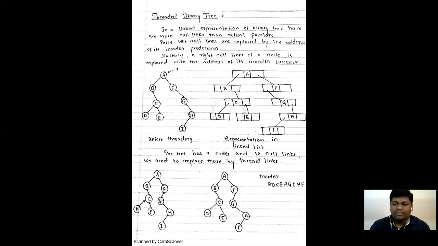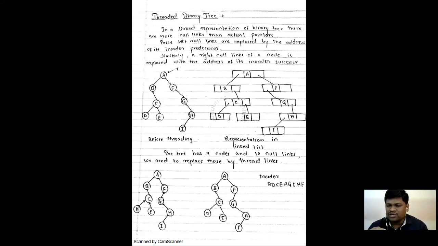But when we are replacing these values, how do we differentiate between our normal pointer value and this thread address value? These values are called a thread link. So we replace those with a thread link.